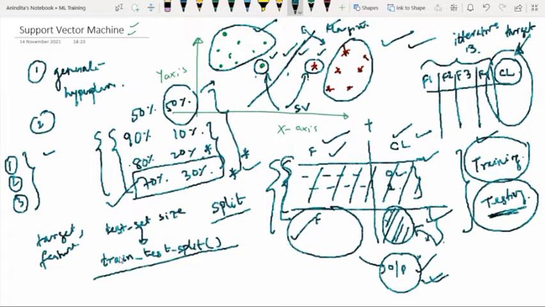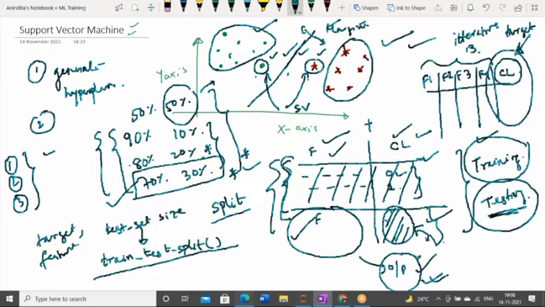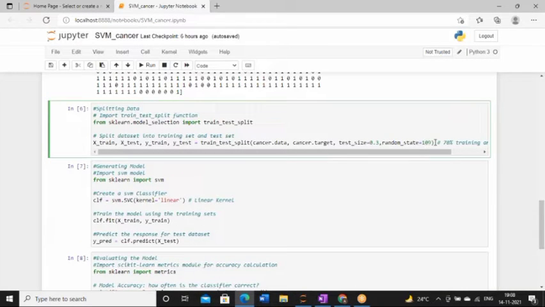Random state means it will select the records randomly. I'm going to explain this repeatedly. This random state is very important because the data that we have picked up is not in chronological order. So that's why this parameter is used.